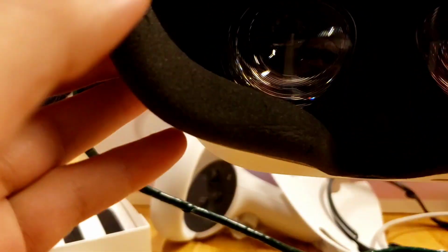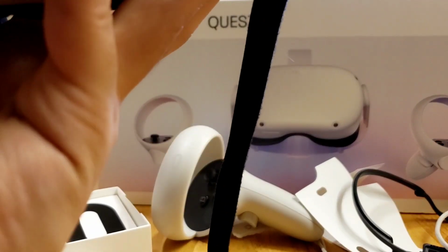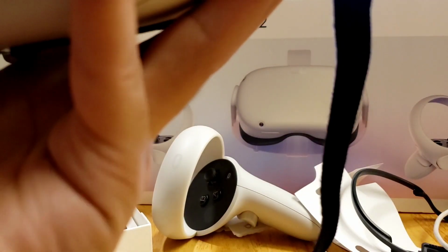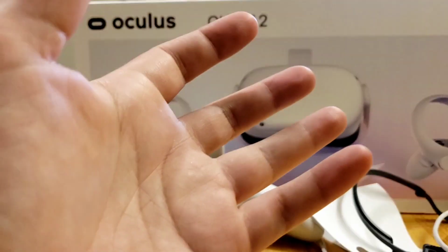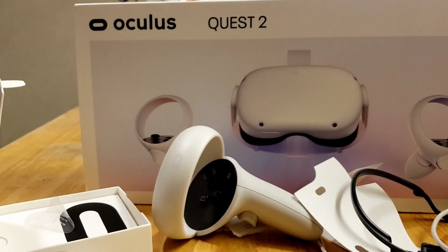So it is gonna have some time before we can actually use it, but I'm gonna leave it alone for now, and then we're gonna see if it's able to charge to the appropriate amount, so we can test it out and just navigate around the menu, at least see the front of it. While I put some of this stuff away,